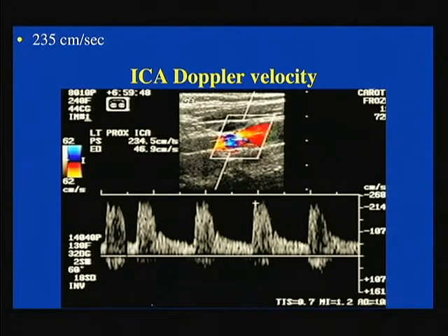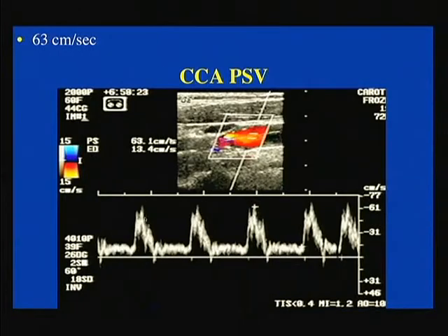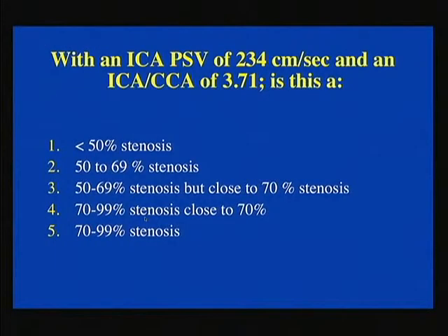Anyway, 235 centimeters per second. So that should be, whoa, that's close to 230, so you know I'm going to play a game here. Peak systolic velocity, 63 in a common. So we'll do the ratio. I'll do the math for you, just so you don't have to do the math. I know some of you can do it. And here we'll have 5 different options. Now, it depends what your primary criterion is going to be here. So